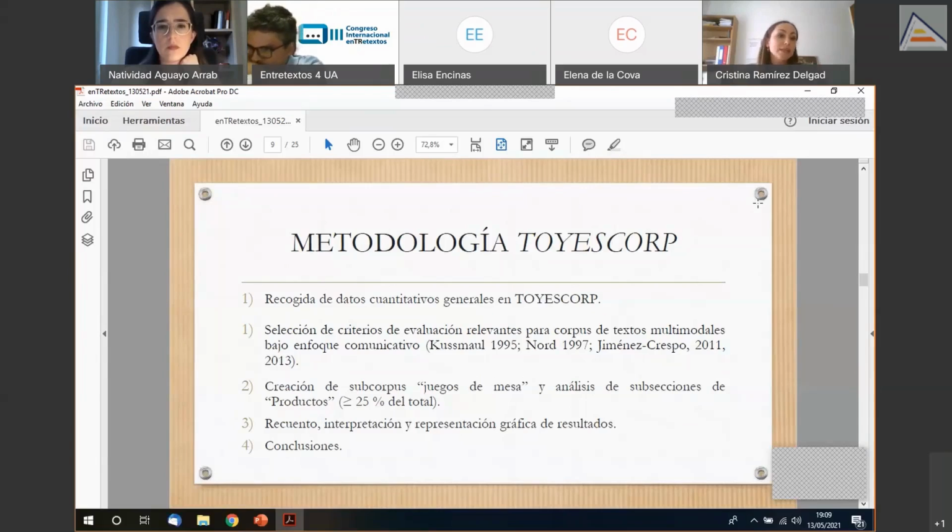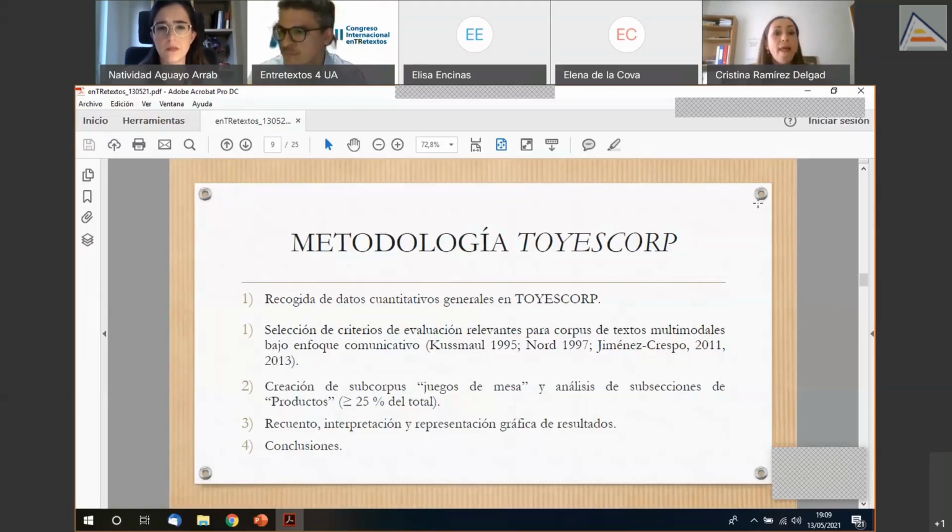Por otro lado, era necesario realizar una selección de criterios para la evaluación, para la detección y clasificación de errores de traducción y localización de nuestro corpus, y para ello nos basamos en una serie de clasificaciones entre las que destacamos la de Jiménez Crespo de 2011 y 2013, pues se centra precisamente en la calidad y en los tipos de errores que podemos encontrar en los géneros web y más concretamente en los sitios web corporativos. También destacan otras como la de Kussmaul, pues Kussmaul define muy bien lo que son los errores pragmáticos y ahora veremos que tiene mucha relevancia en nuestro estudio.